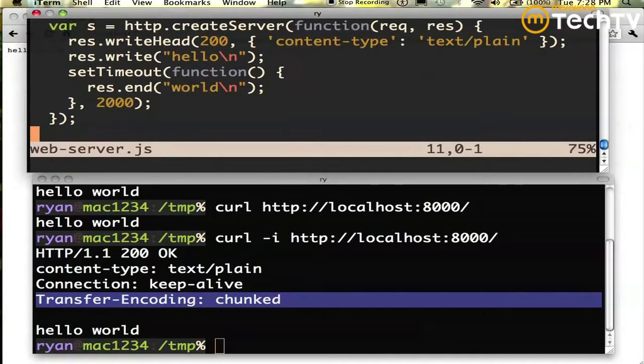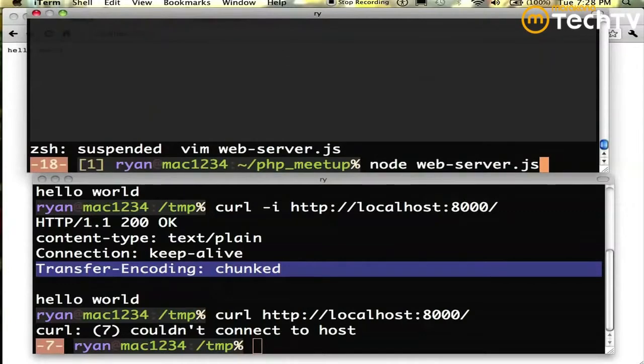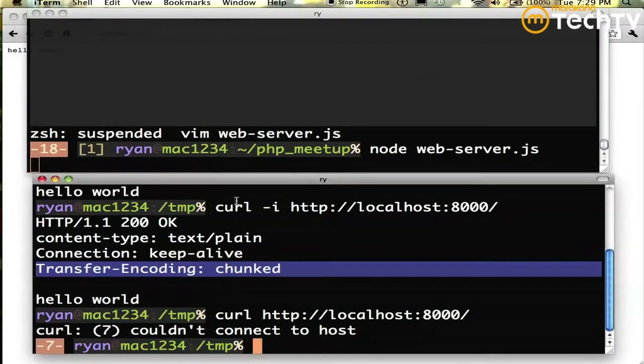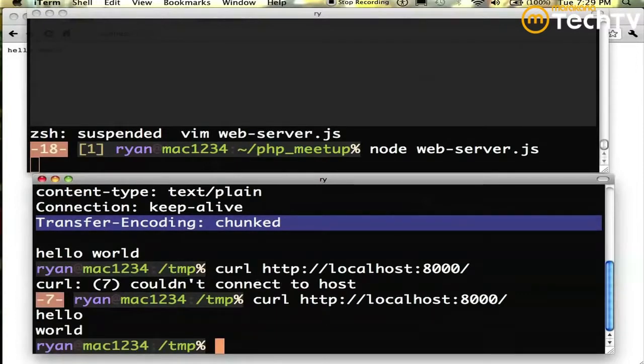Yeah, let's test it and see what happens. Okay, so if I curl it, oops, I get "cannot connect to host" because we have to start it. So we start the web server and we curl it and we get hello and then world. Okay, that's cool and all. That's why we needed the transfer encoding chunked, because if we said content length 12, it wouldn't actually work because